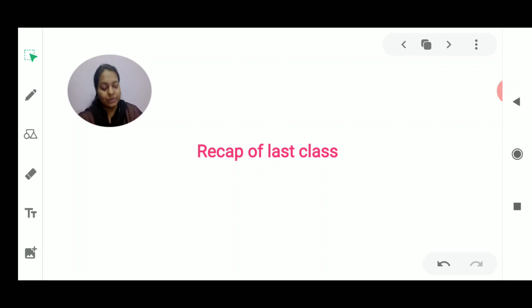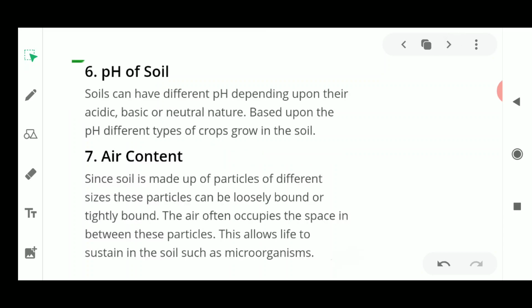Today I'm going to start with the other properties of soil, which you can see in the next slide. It's here, that is the pH of the soil, and next, whether air is present in between the particles of the soil or not. So in the pH of the soil, what is the meaning of the word pH? So pH means it is